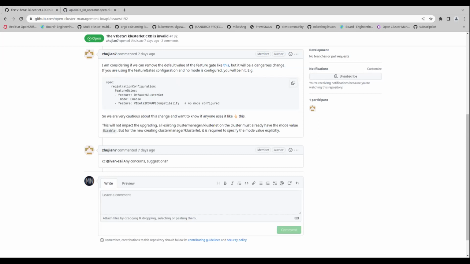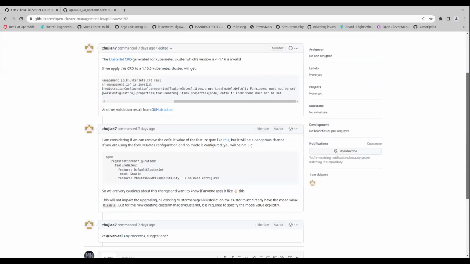Also, the Klusterlet applied in the cluster, I think all these Klusterlets will not be impacted, because they must have already had the mode field. Since the mode field has a default value of disabled, so